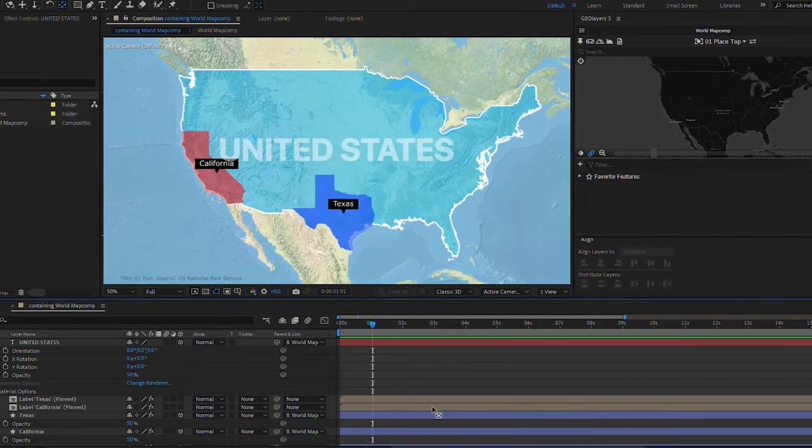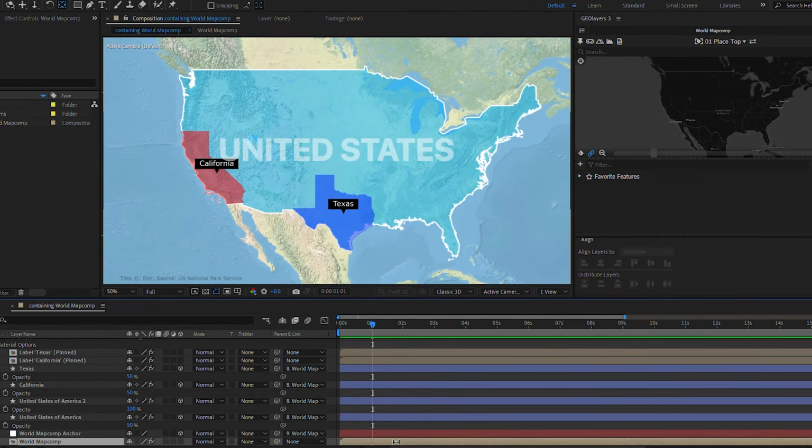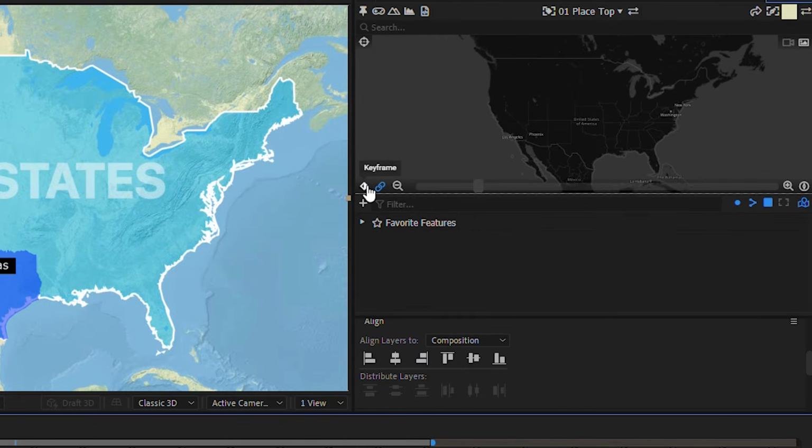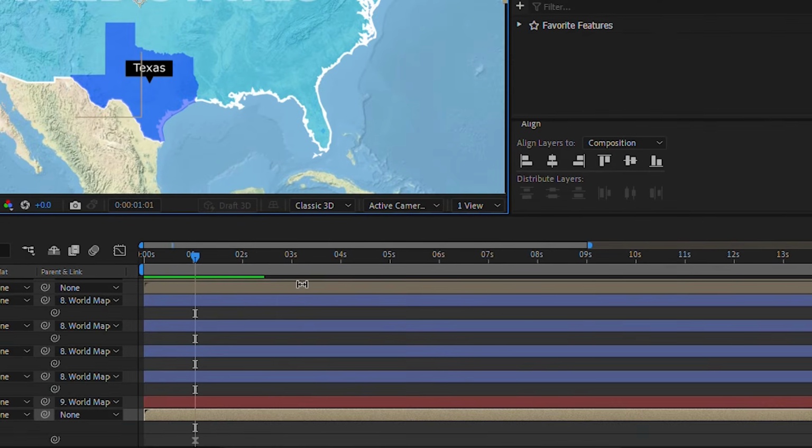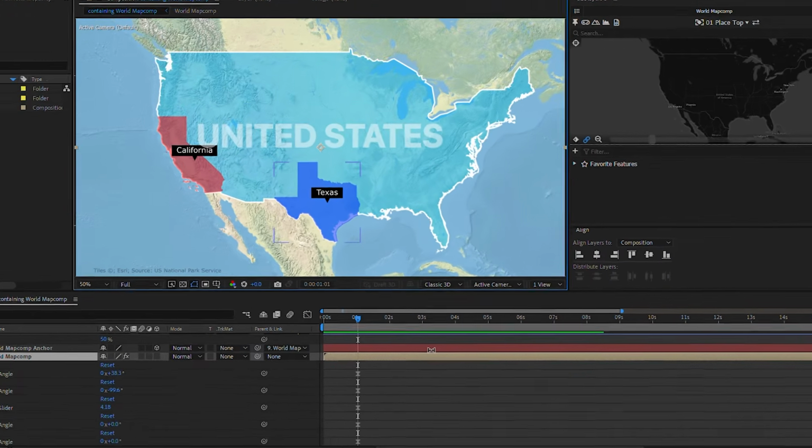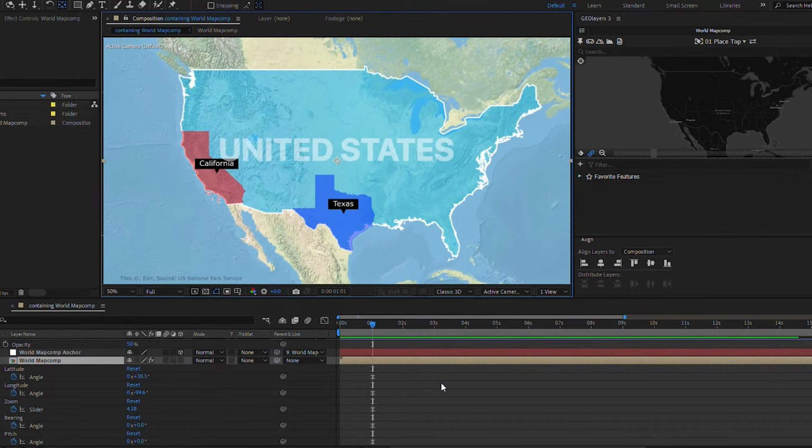Now we'll add motion to the map. Select the World Mapcomp layer, then go here. You will see a keyframe option. Click here. It will expose its keyframes in the timeline. We have to make keyframes here, and I will tell you the easy way here that will make automatic keyframes